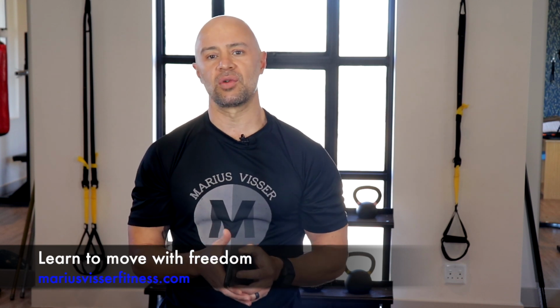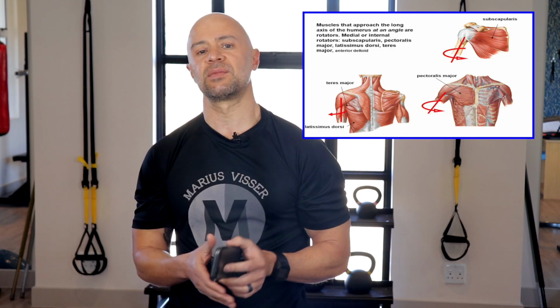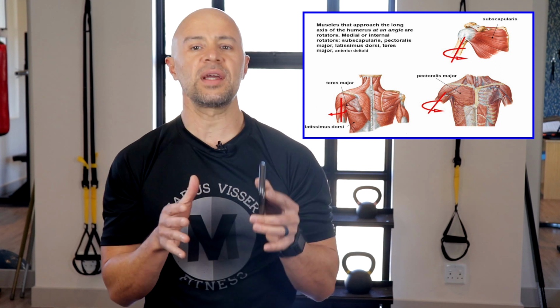Seeing there is an endless array of stretches and mobility drills you could use, and they're all fine, I'm going to show you what I use for my shoulders, which I feel gives me the most bang for my buck. Now, it's worth noting that there are two more muscles that I haven't mentioned that affect not only shoulder function, but also shoulder position, and that is the pectoralis major and the latissimus dorsi. Both of these muscles are internal rotators of the shoulder, so any additional stretches to these could be helpful,